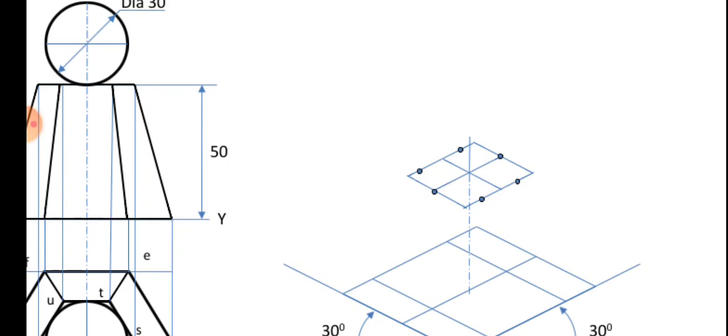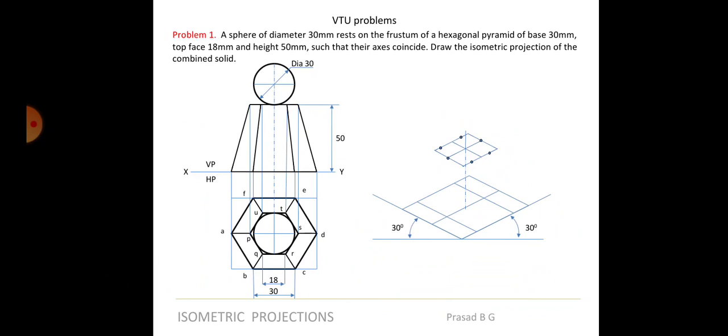Radius is height is ISO. To locate the center, this line whatever I have taken is ISO 15, but from the center the circle what I am going to draw will be of true value 15, not ISO 15. Okay, so you can see. Now how do you identify whether you have done it properly or not?